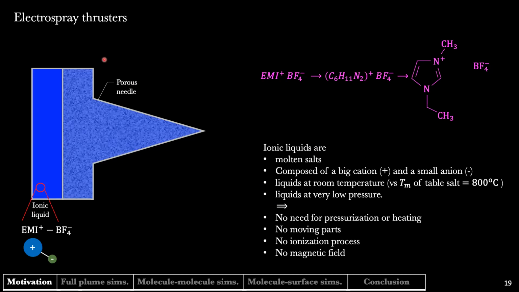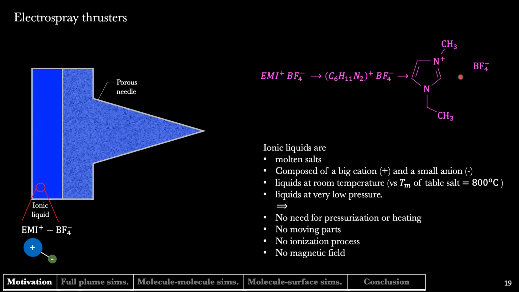However, the melting temperature of the table salt is about 800 degrees, whereas the ionic liquids are liquids at room temperature. They are also liquids at very low pressure. And they are composed of one big cation, the positive part, and one small anion, the negative part. And the ionic liquid that we use for our application is EMIBr4, that is given with this chemical formula and